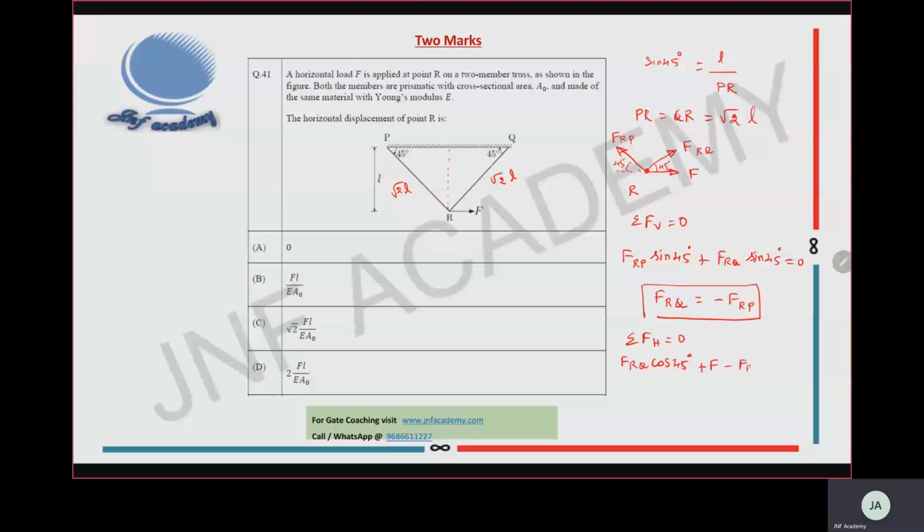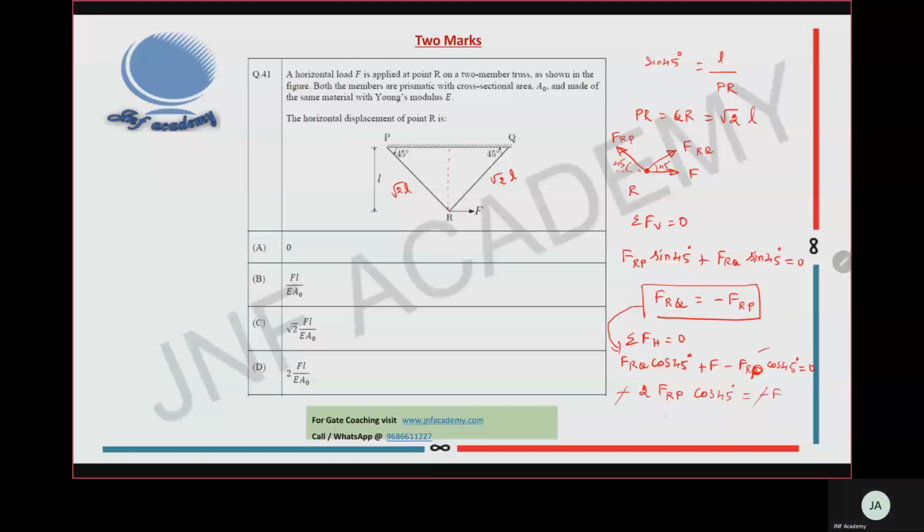Then FRQ, it is towards left hand side, cos 45, so 0. Now I can replace this over here. So already I have one more term over here. So 2 times of F. Sorry, this is RP. Yeah, this is RP. Now I can replace this as minus RP 2 times cos 45 is equal to